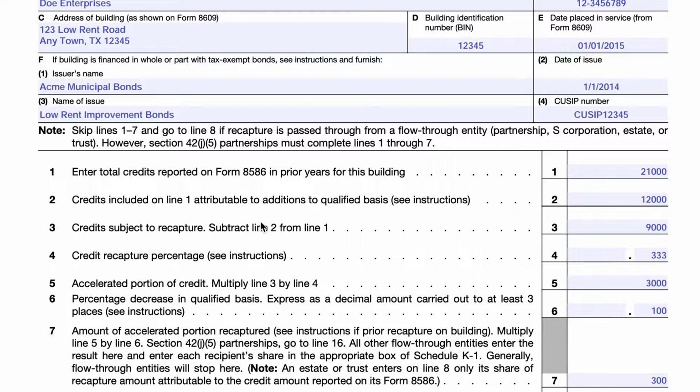Those are off the table when it comes to the recapture amount, right? So if you did a bunch of improvements and then you reported them and that increased your basis, but you ended up taking the credits based on the increase in basis, that's not subject